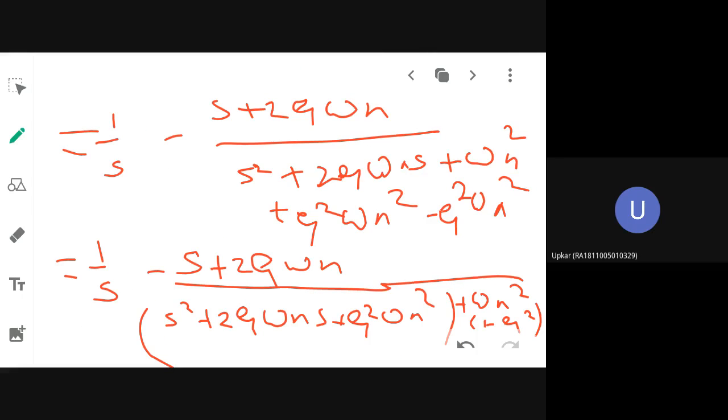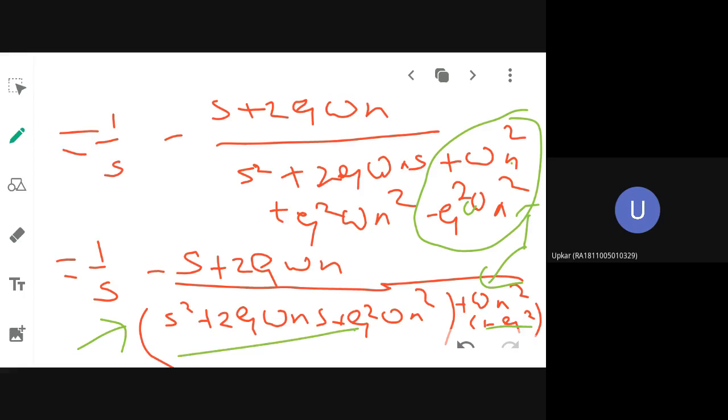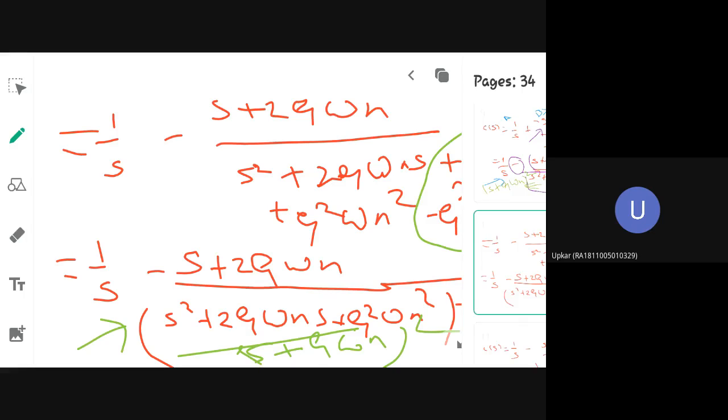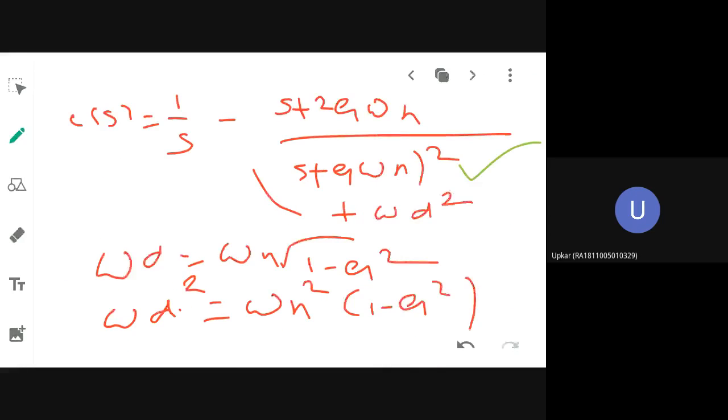So if I do that, here I have done that equation, plus if I am grouping these two terms, okay, what is the common term between these two? Here I am having omega n squared. Here also I am having one zeta squared omega n squared. So if I am taking omega n squared out between these two terms, what will be coming inside the bracket? 1 minus zeta squared. Here I am going to replace s plus zeta omega n the whole square. These two things I am going to do. Okay, so I have done that.